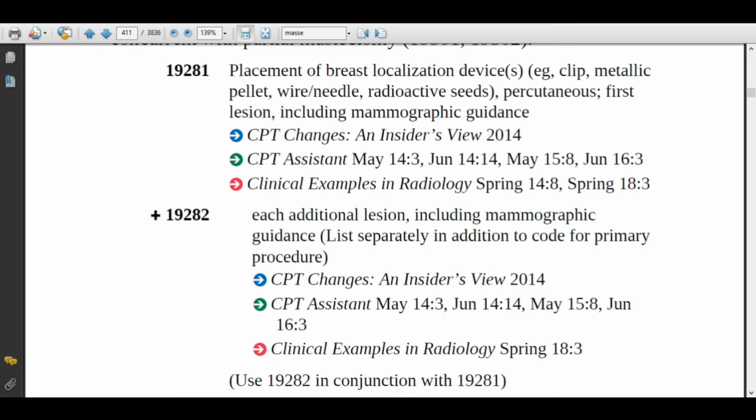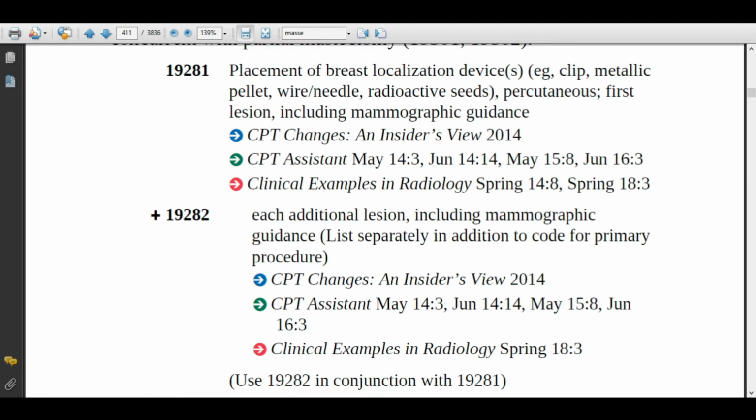If this was the procedure performed, then assign 19281. If the physician is performing this procedure on 2 lesions or 3 lesions, then you have to use the add-on code 19282, which is each additional lesion including mammographic guidance. So if it is 3 lesions, then assign 19282 two times and 19281 one time.